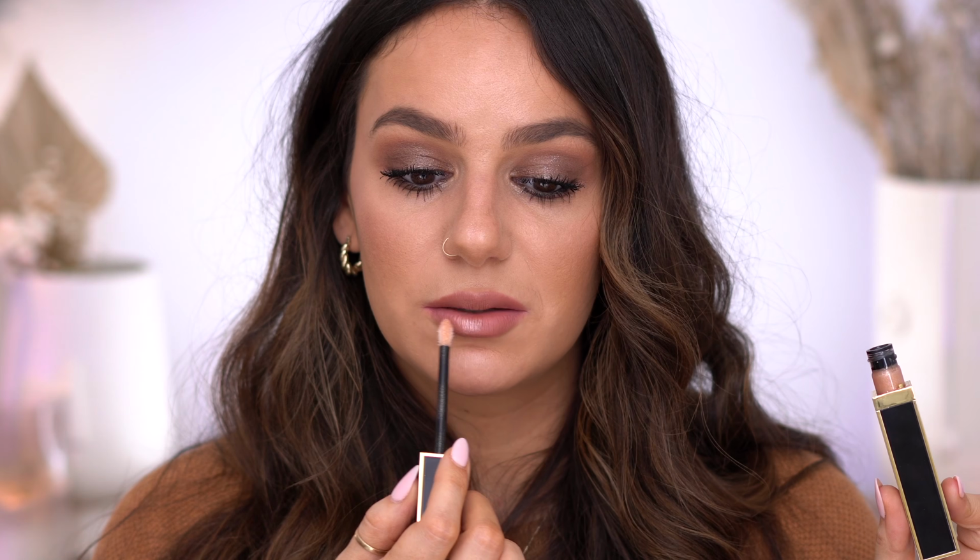I picked up this Tom Ford gloss. This is in 21 in the buff. And guys, this is such a good glossy, sparkly gloss. I got it from the cosmetic company store, and I paid a fraction of what it really is, but I think it's gorgeous. I'm gonna add just a little bit right here,